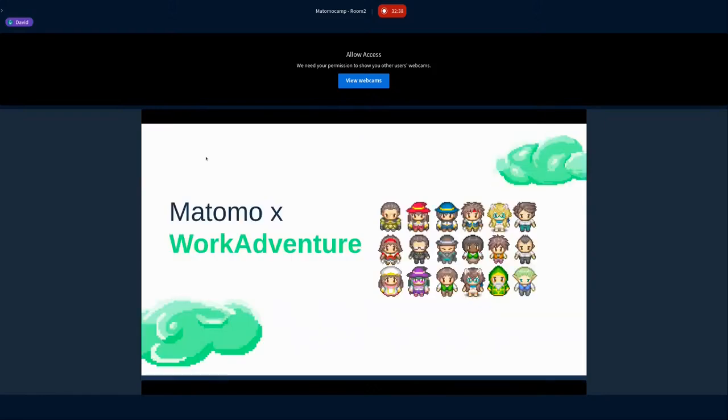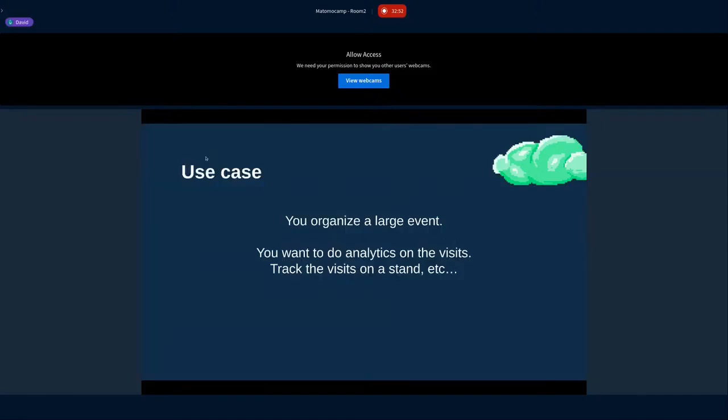Okay, so what can we do with this regarding Matomo? Well, we could take advantage of the scripting API to add some advanced analytics. Let's just imagine you are organizing a large event. You want to do some analytics on the visits. Maybe in your event, there are a number of stands with sponsors.